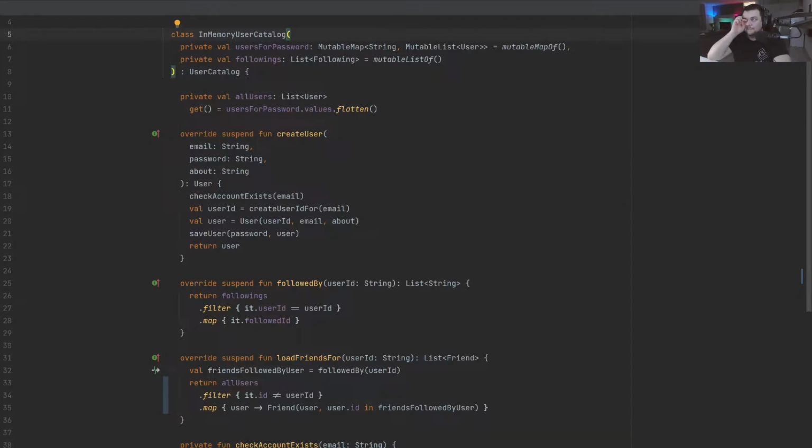Now, I could have created a test only for this class to make sure that I can create a user, and then when I load the friends, that user will not be there. Indeed I have to create those tests, but I'm just trying to delay this decision to actually start working on that test because I still don't have all the implementation. Maybe I'll need something more later on. Of course I can add that later as well, but for now I don't have a need for that contract,